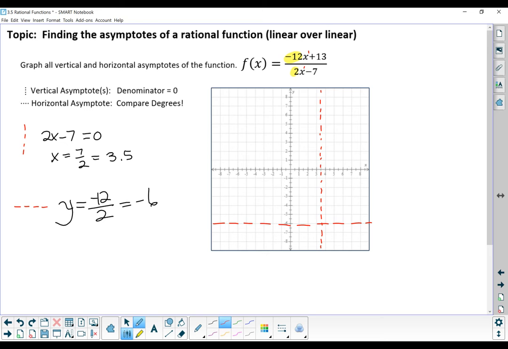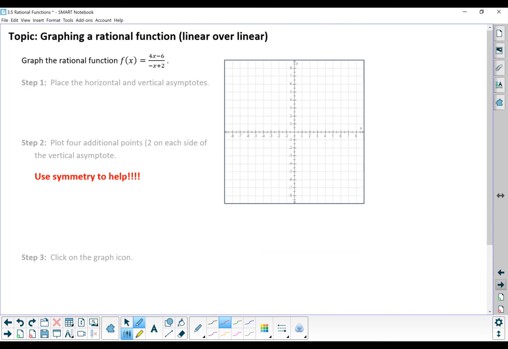And that's all you would have to do for this topic, is place those two asymptotes on the coordinate plane. The next topic is going to be to graph rational functions. So you'll start exactly like that last topic by placing your horizontal and vertical asymptotes, but then we'll have to plot a few points to get the graph to sketch. So starting with the vertical asymptote